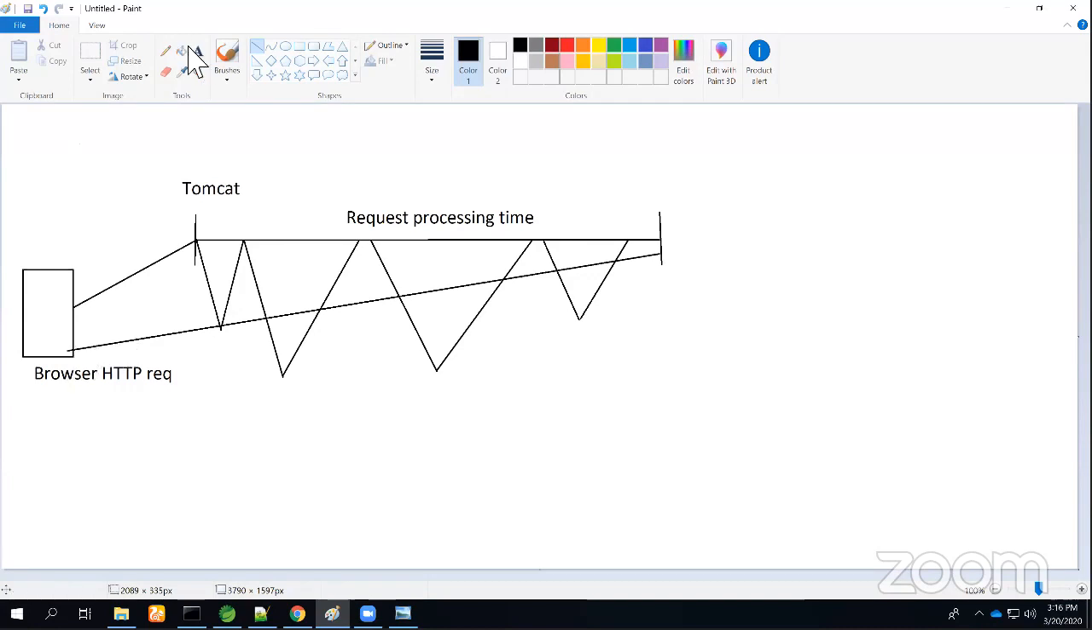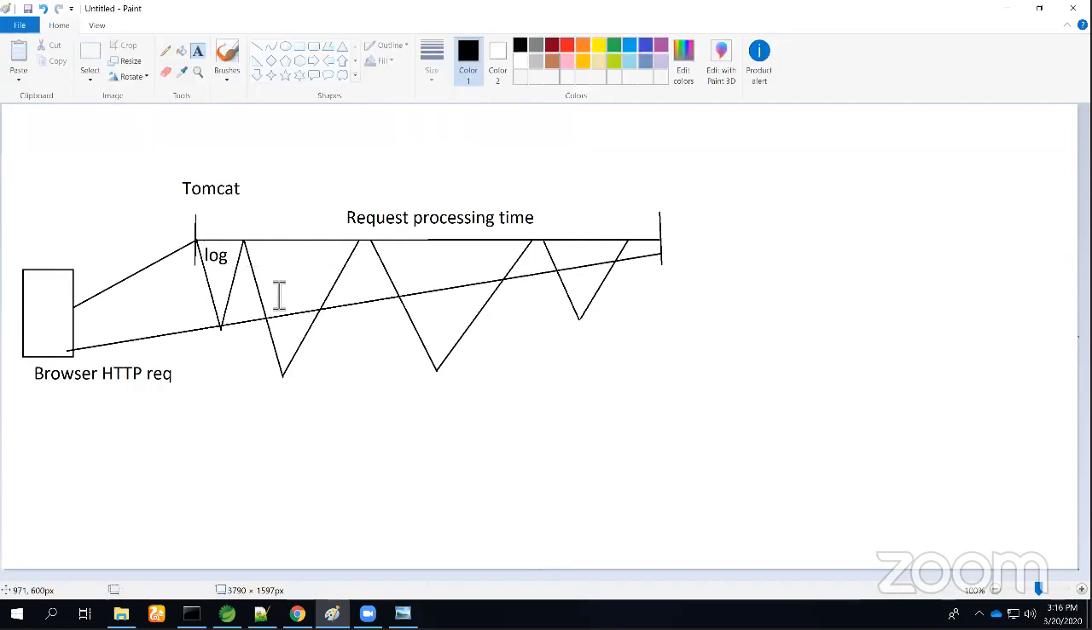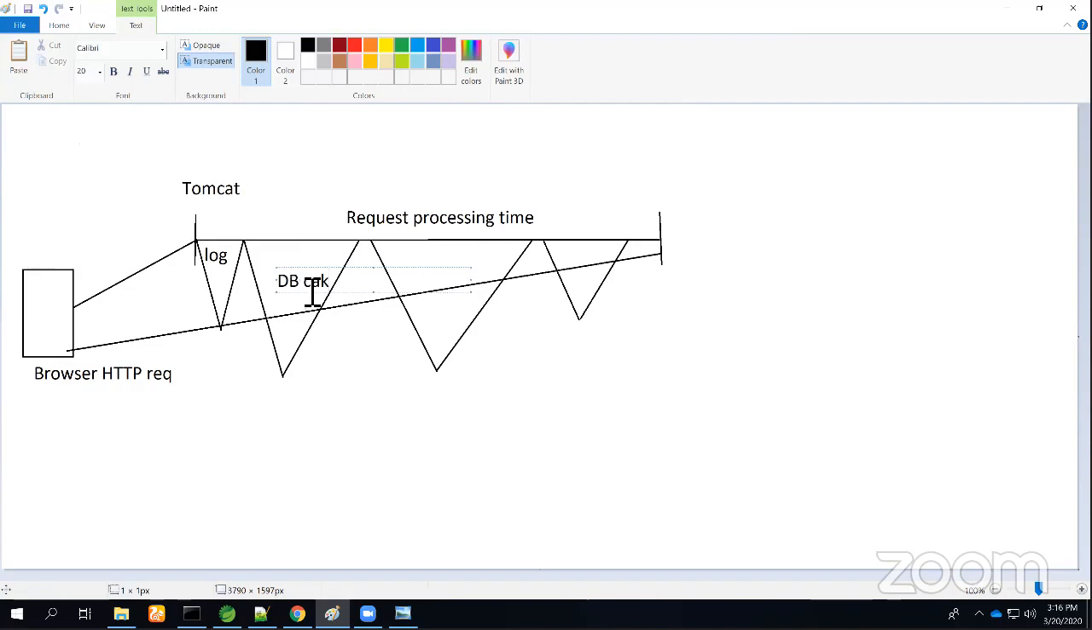This is the response. So I will name everything. This is the log. This is the DB call. This is another REST call, or we call it a downstream call, and then this is again distributed logging, or say local logging, whatever you want to call it. In a typical microservices architecture, you will do distributed logging. So if you see this line,